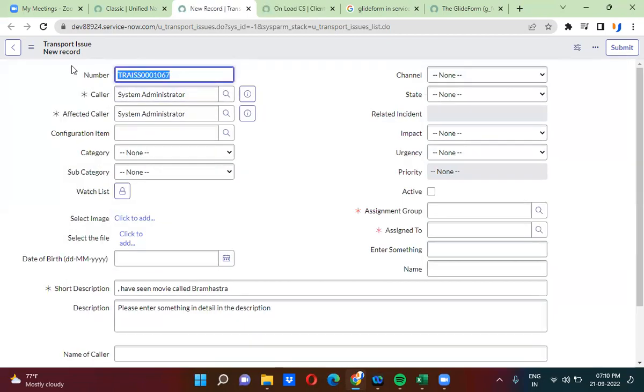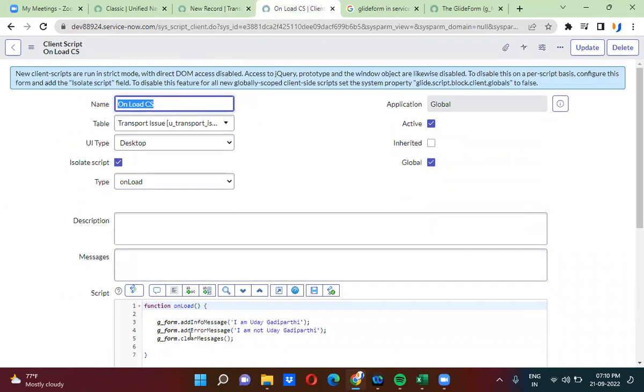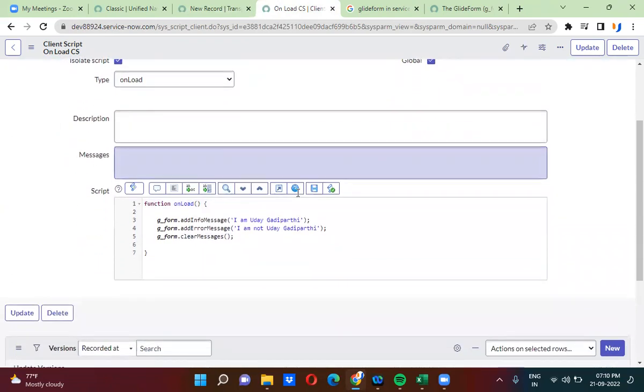See here, I am not able to see any message here because the first line is showing the message, the second line is showing the message. This third line is actually removing the messages, clearing the messages, clear messages. So till here, you guys are good or not? Yes. Clear, right? So now what I will do is I will use g_form